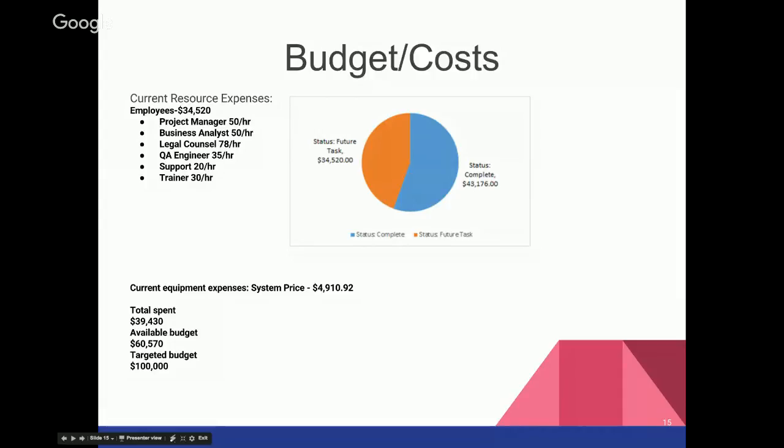So we have plenty of money to spend, and we're planning to use it because, as we mentioned, we still have a few tweaks we need to upgrade on the system. Things are still a little buggy, and we really want everything to be perfect at the end of this. On the next slide,